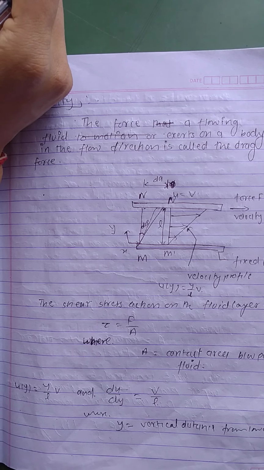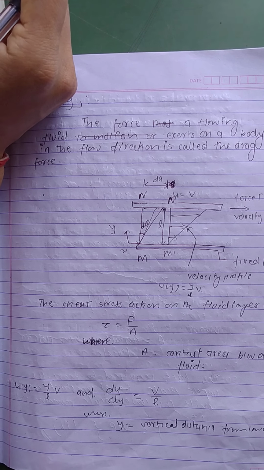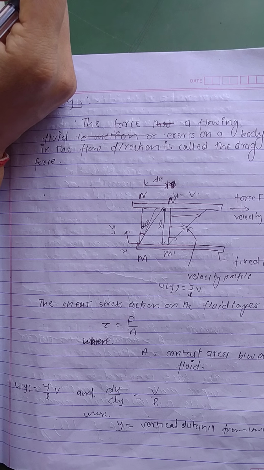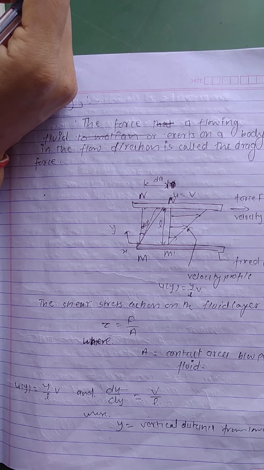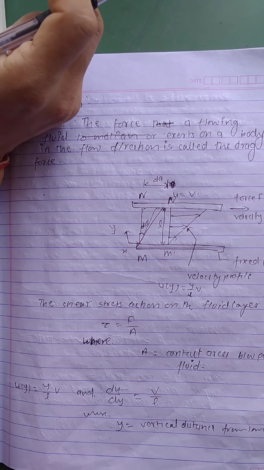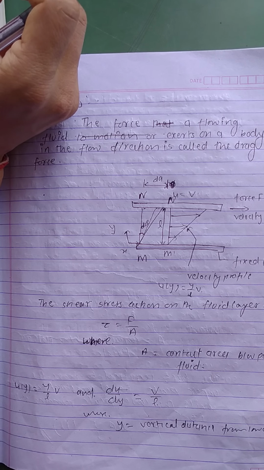The situation is similar when a fluid moves relative to a solid, or when two fluids move relative to each other. The force that a flowing fluid exerts on a body in the flow direction is called drag force, and the magnitude of this force depends in part on viscosity. To obtain the relation for viscosity,